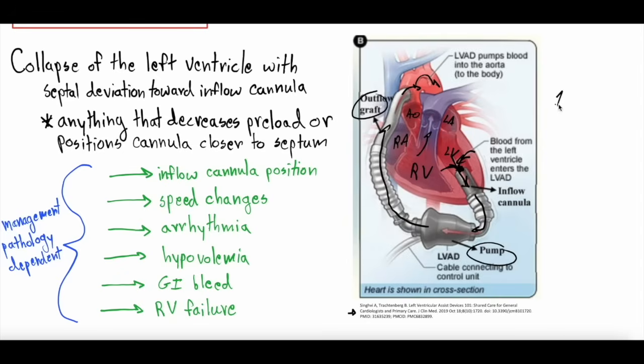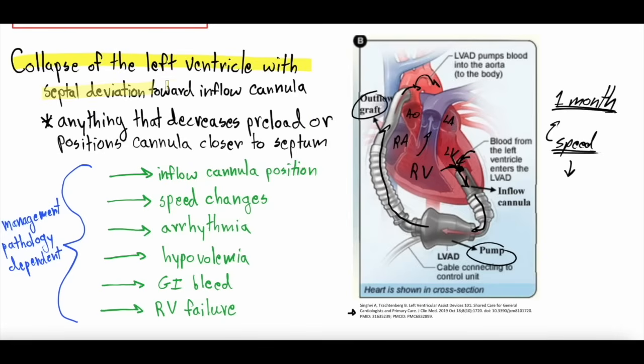This is most common in the first month of having your LVAD, because sometimes it takes some fiddling. As one could imagine, the speed at which the LVAD is sucking the blood out of the left ventricle is potentially a cause here for suction events. Sometimes you need to decrease the speed, which is why the first month tends to be when you see more suction events, as the titration of the LVAD and the heart are becoming adapted to one another. But what we're talking about with suction events here is that the left ventricle literally collapses, okay, and